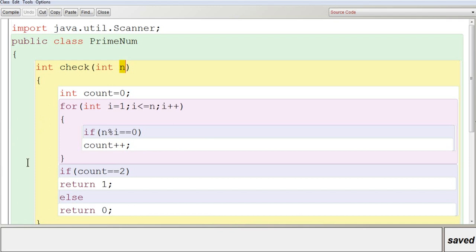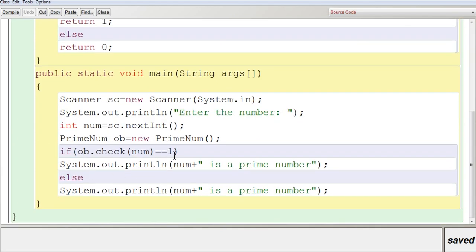Now you know what happens, it will return 1 or 0. So it directly checks whether the return value is 1 or 0. If it is 1, you are going to print the number and print that it is a prime number. Otherwise, if it is not equal to 1, that means it should be 0, then this condition will be false. So it will go and execute the else part. The num value is not a prime number. So I have to change it. It is not a prime number.